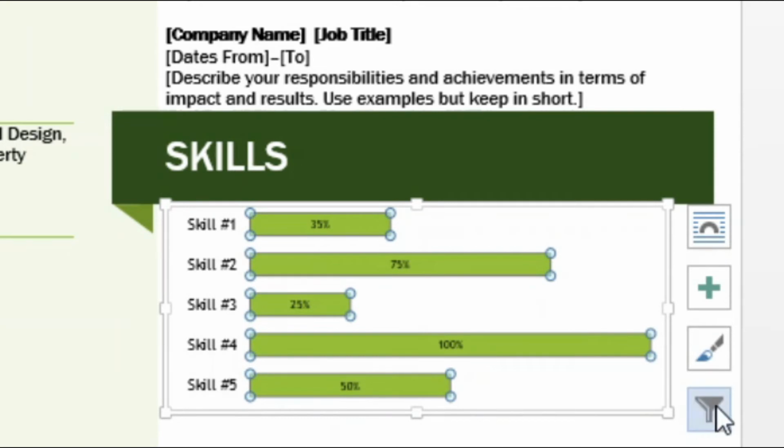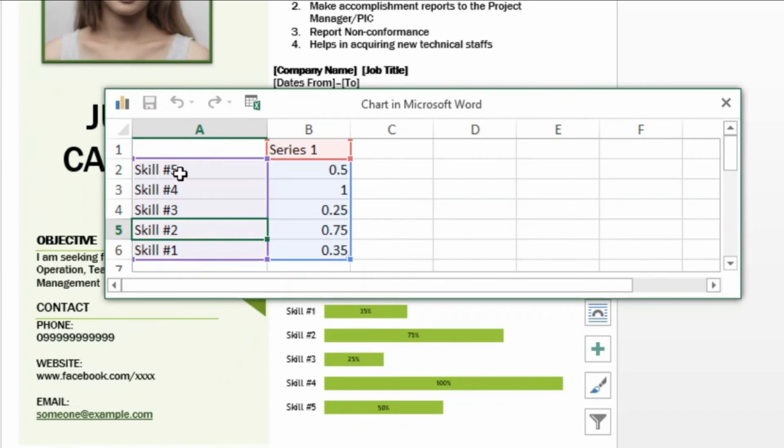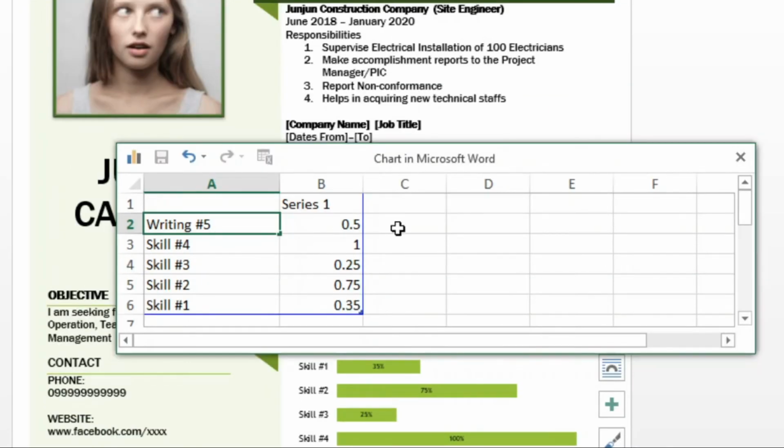So what I'm going to do is edit. Okay, we have here chart folders. Edit what data points and names are visible in your chart. So I'll click this one, edit this one. Let's say skill. Let's say this skill is, so I'm not so good at writing at 50%,